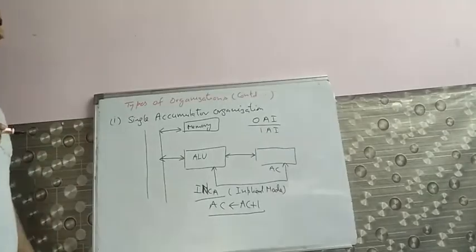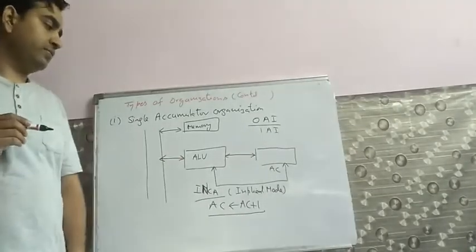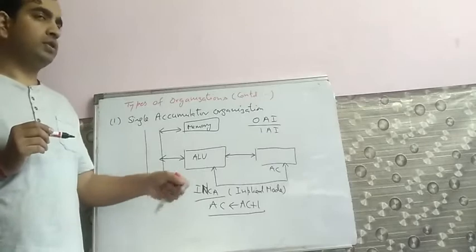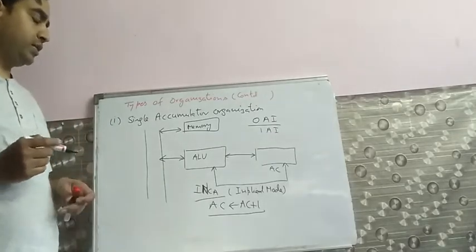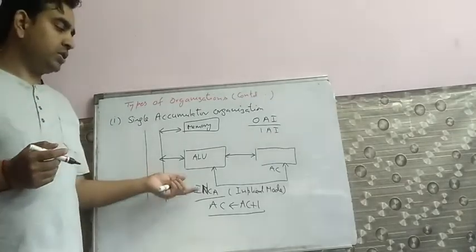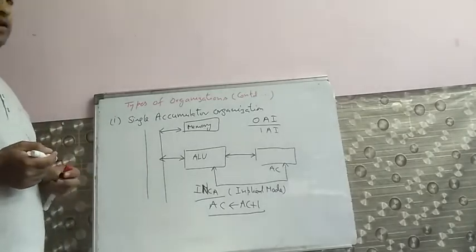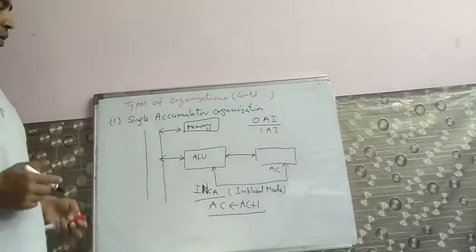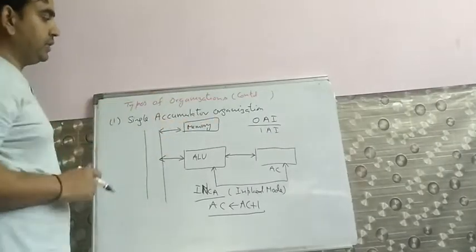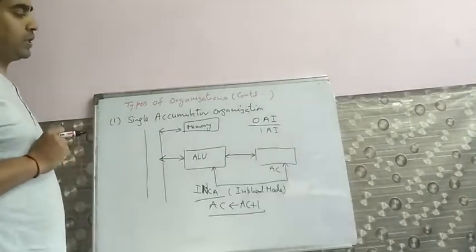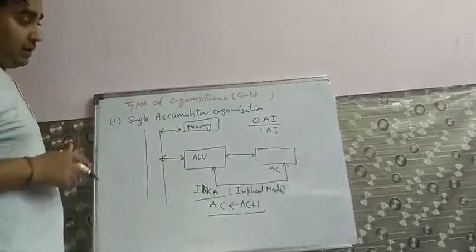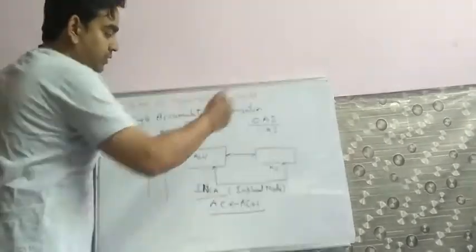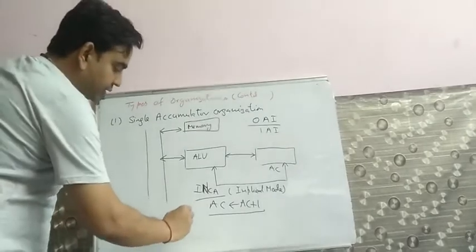If we write it in register transfer language, the statement looks like this. This instruction doesn't need any operand at all, so this is basically a zero address instruction. This type of design, a single accumulator organization, can have zero address instructions, and instructions like